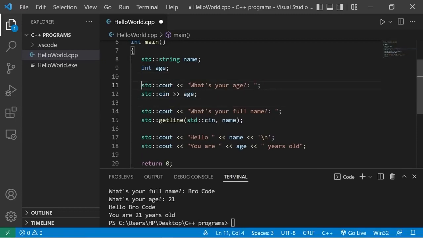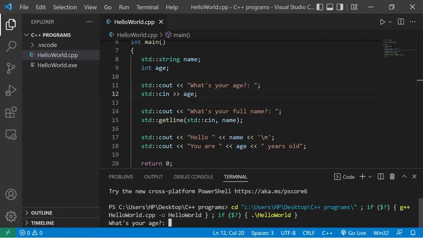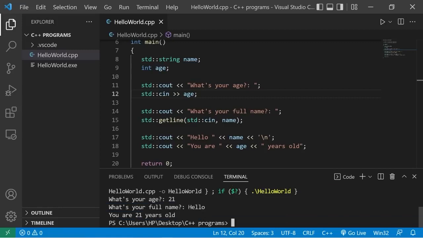Let's take a look to see what happens. What's your age? 21. What's your full name? Hello. You are 21 years old. Here's the issue. If we accept some user input with cin followed by getline, well, in our input buffer, there's